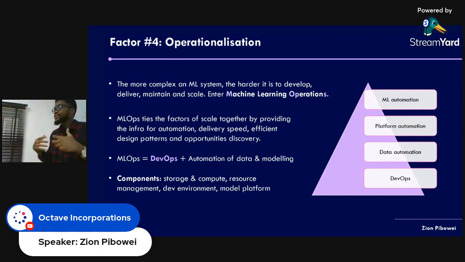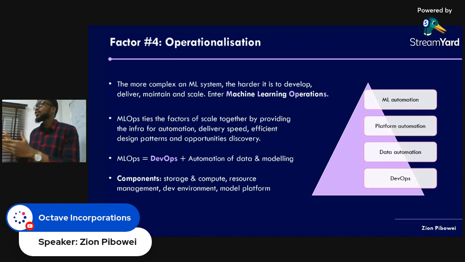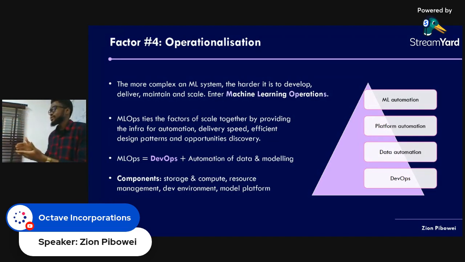But when we operate at a reasonable scale, in an organization, it's not just one model launched into production. We have several models running in production. So we need an infrastructure that can actually house these models and house the entire processes for automating various aspects of the life cycle of the models in production.